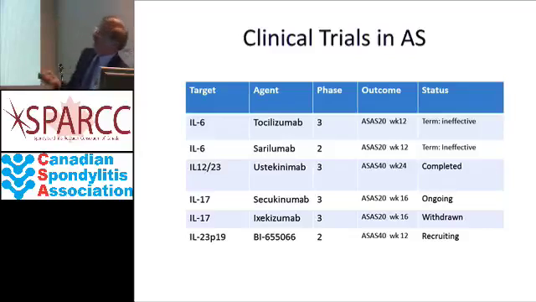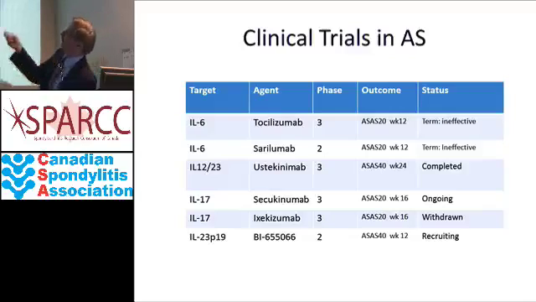IL-6 is another small molecule that drives inflammation. It's actually quite effective in rheumatoid arthritis, ineffective in ankylosing spondylitis. Quite a disappointment. We actually were playing one of the lead roles in this study, and we thought it was a sure bet, but there you go. So you can call your broker.